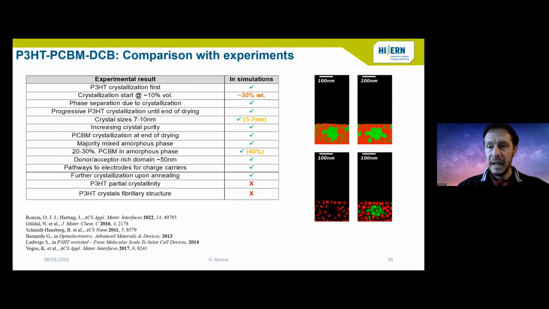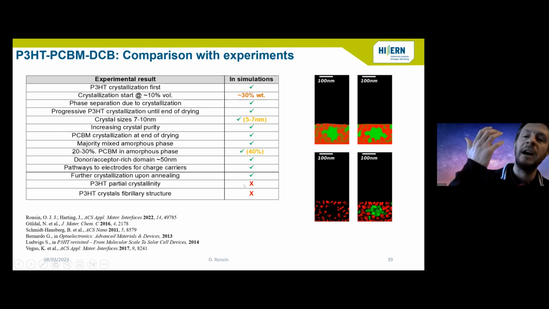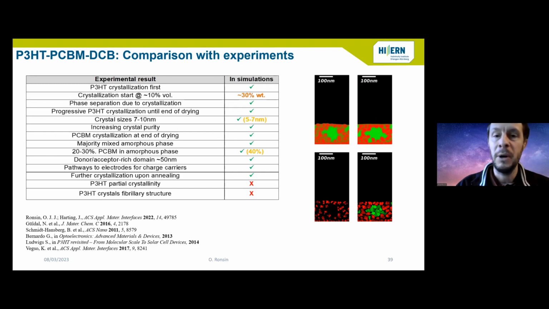Okay, so gathering. I reported here on the right the morphologies of these films at the end of the drying, which is the left column, and at the end of the annealing, which is the right column, with the volume fraction on top and the crystallinity on the bottom. And if we gather all that we can compare from our simulations to what has been observed experimentally and published,